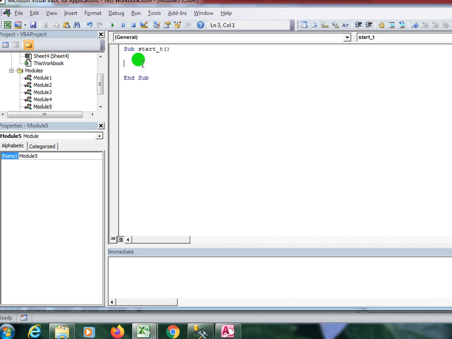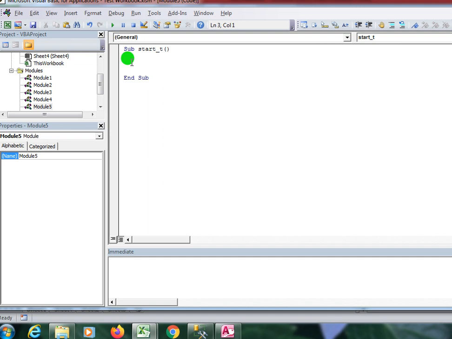So guys, in this video we will learn how to create a countdown timer in Excel. Timer is a very important thing in Excel, by which we can handle multiple tasks in our daily work life. Suppose you want to create an assessment test for a new user or an existing user for a specified time, in that scenario we will use a timer. So without wasting time, I'm going to write the code for this.